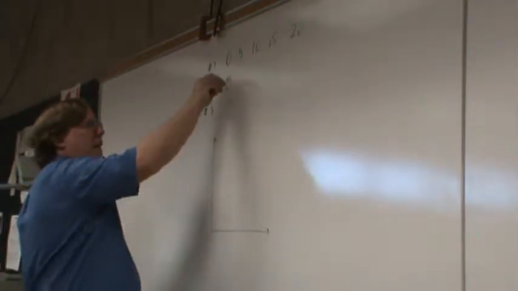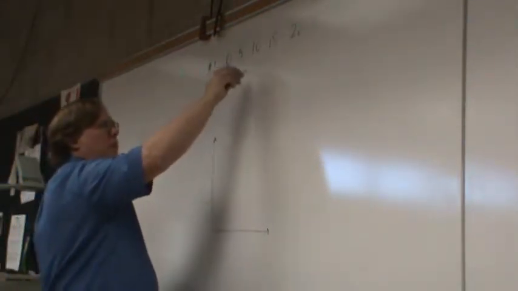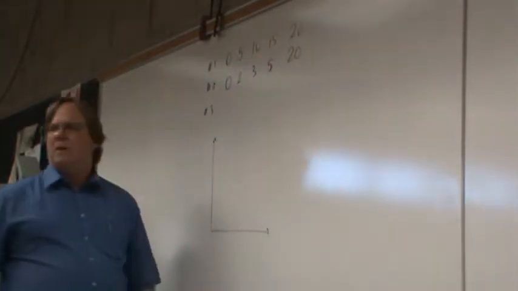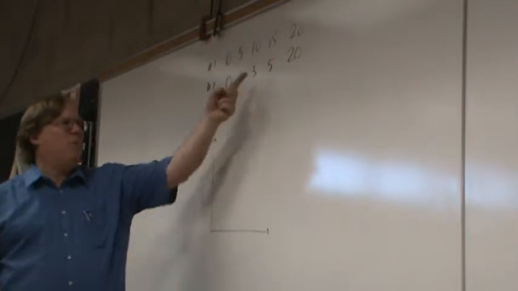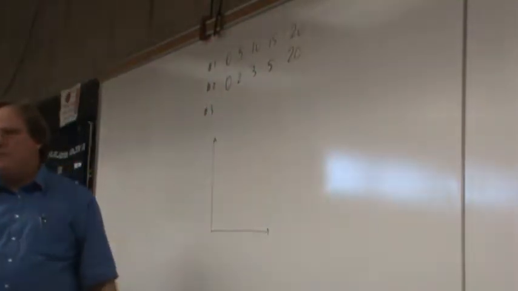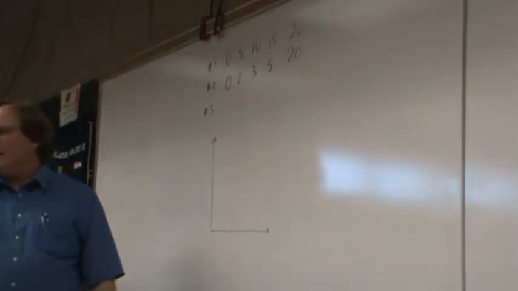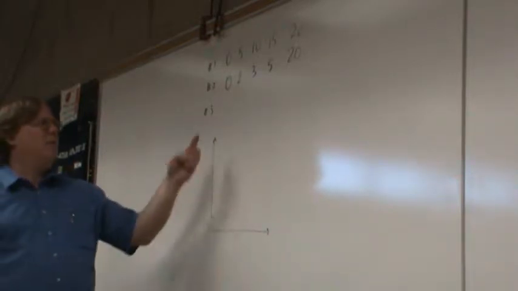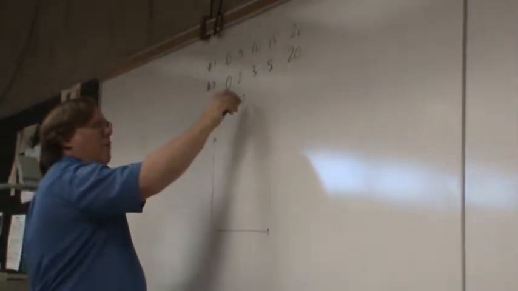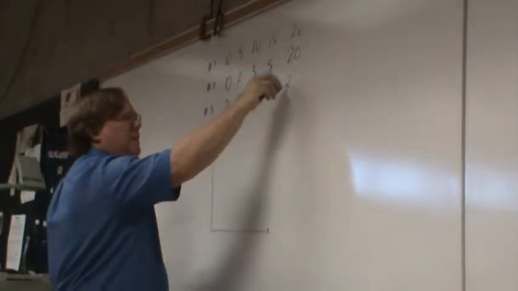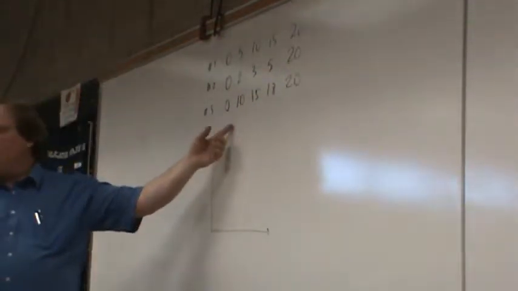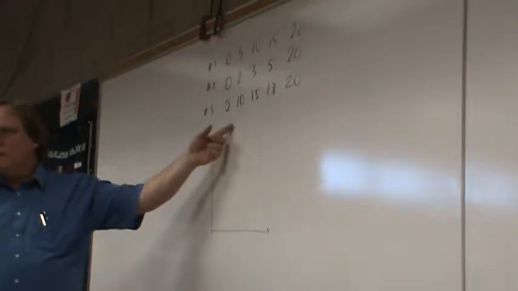The next guy scored 0 points, and then 2 points, and then 3 points, and then 5 points, and then 20 points. Tell me, his first game was 0 and his last game was 20. Is his average points per game going to be 10? Yeah, no way. It's going to be higher or lower? Lower. Yeah, lower than 10. And how about another guy, he scores 0 points, then 10 points, then 15 points, 18 points, then 20 points. Tell me, is this guy's average per game going to be higher or lower than 10? Higher. Oh, good for you guys.